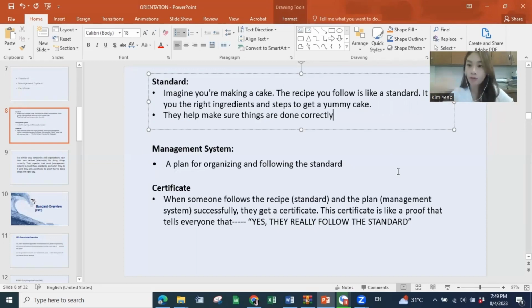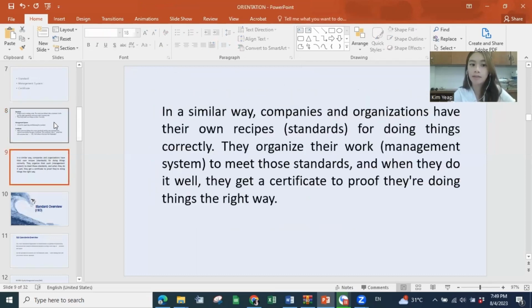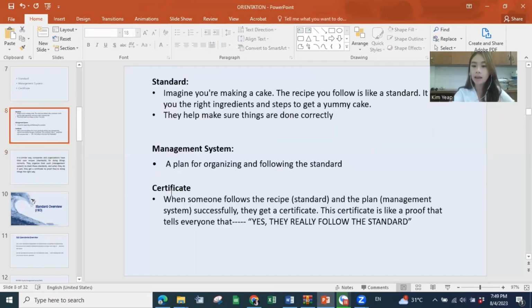For them to convince the public that they are now operating the business the halal way, they cannot just convince verbally. They need to show proof. How do they prove it to the public? This is where the certification body, the JAKIM auditor, needs to come to the companies and do a checking. They need to audit them and make sure they are really complying to the standard.